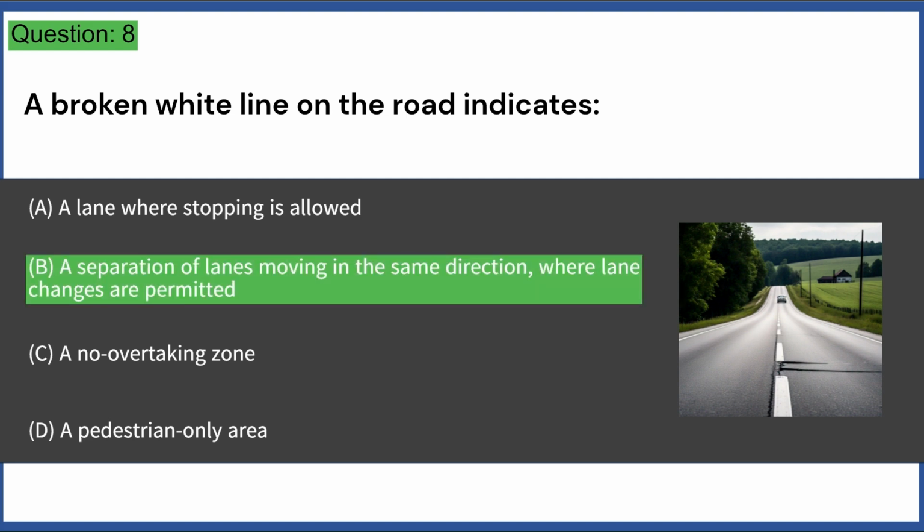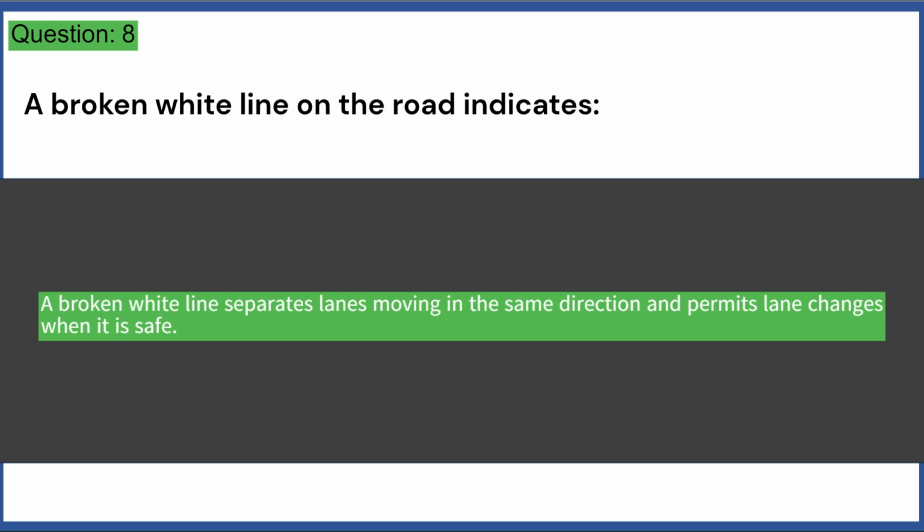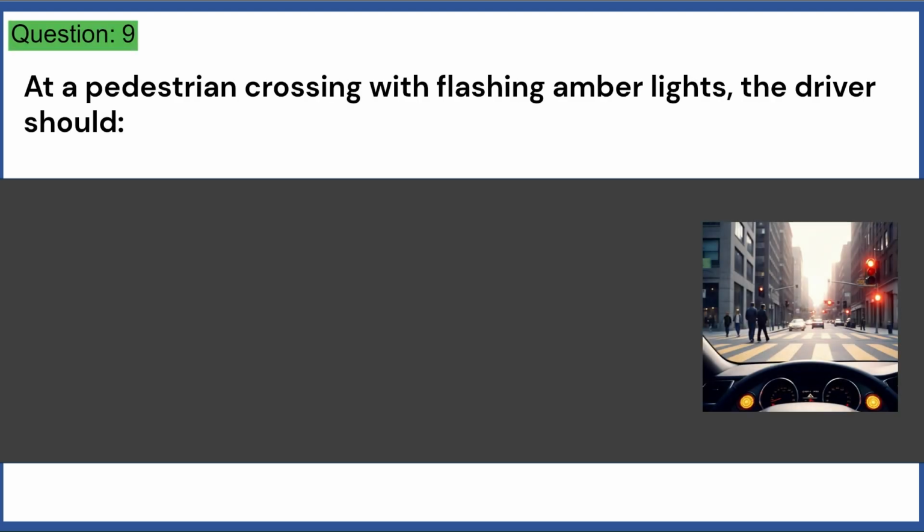Answer B. A broken white line separates lanes moving in the same direction and permits lane changes when it is safe. At a pedestrian crossing with flashing amber lights, the driver should: